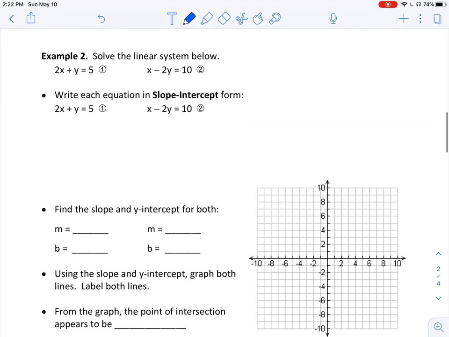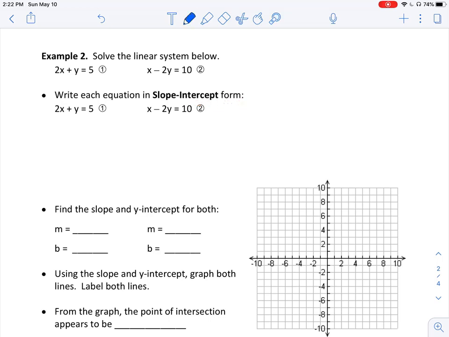Solve the linear system below. So we have two lines. We have this line and this line: 2x plus y equals 5, and x minus 2y is equal to 10. Okay, so they're not in slope-intercept form, so we would need to write each equation in slope-intercept form first,